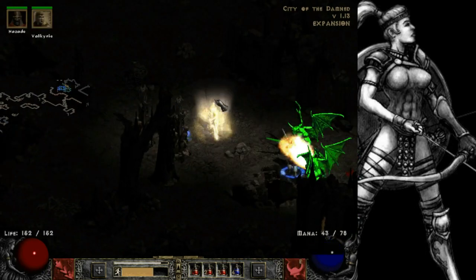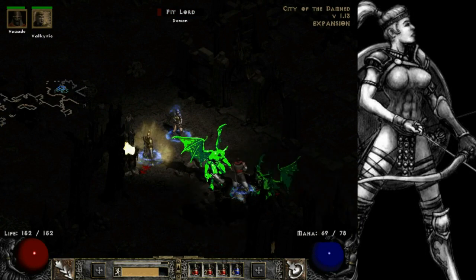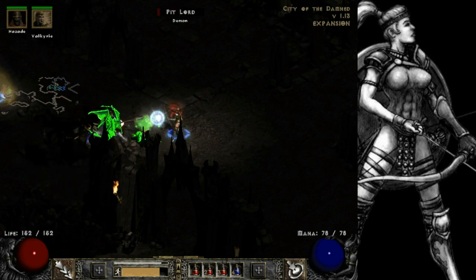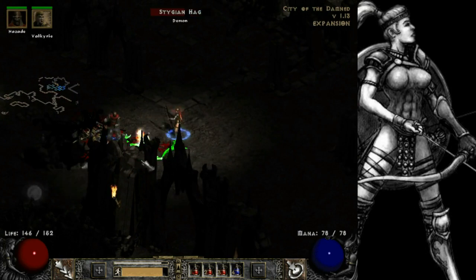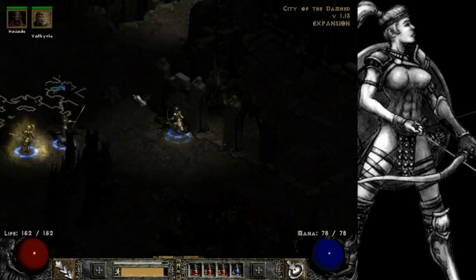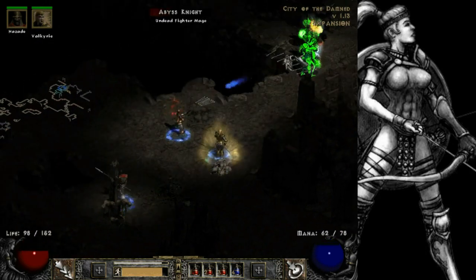Anyways, we got to find the waypoint as well as the way down to the next area, and those two things are actually located in the same place. So it's pretty easy to pick those up at the same time. So that's what we're going to try and do. Take down this guy. This area is a little bit different in the sense that we do not need to go around the perimeter. It's very possible that the way down is close to the perimeter, but it's not going to be...